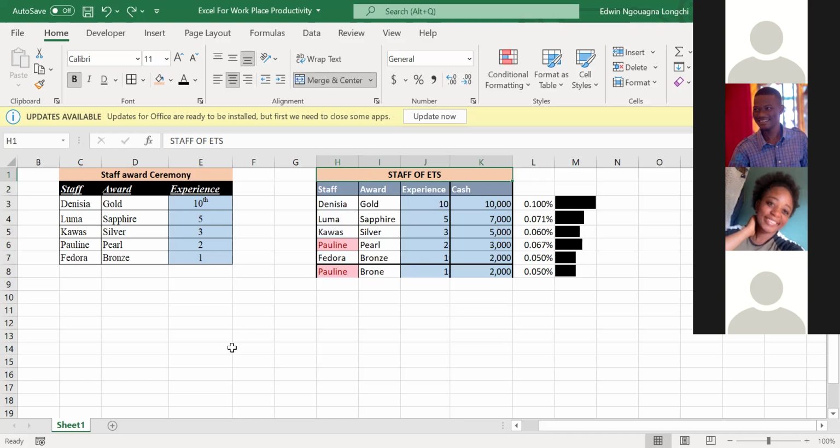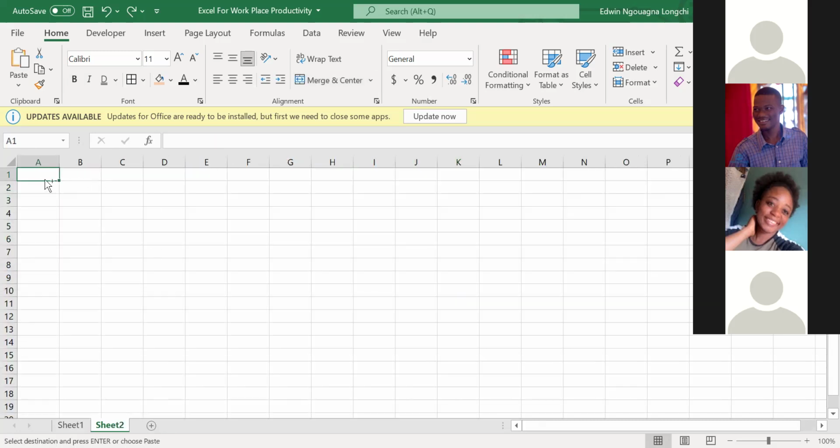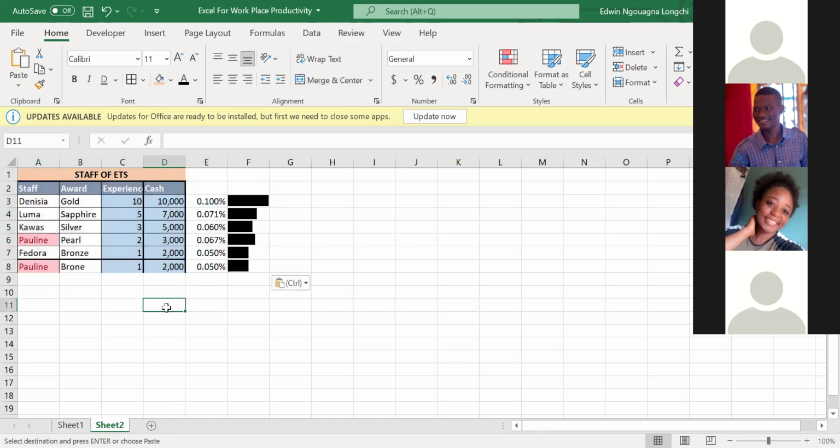It means we also remove this one, unless we go to the next sheet to do it. Remember, in Excel you can add as many sheets as you like. So I'll come down here and click on this plus. I'm now on sheet 2, okay? So I'll copy this data. Now, this is the trick. If I take Control C, and I come here, and I take Control V, it pastes with all the formatting. But if I had taken paste as values, all the formatting will go away.